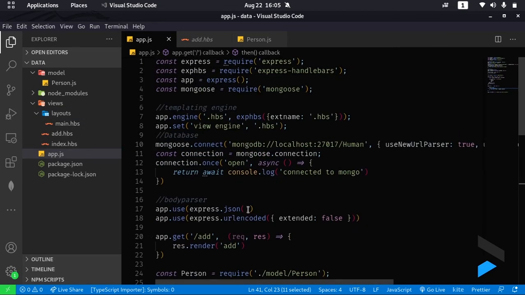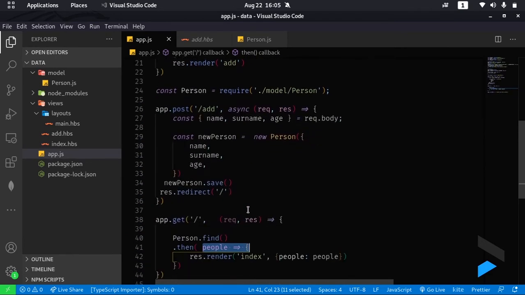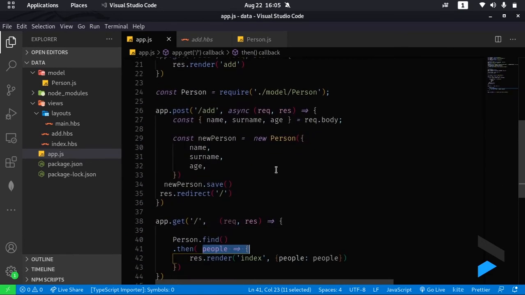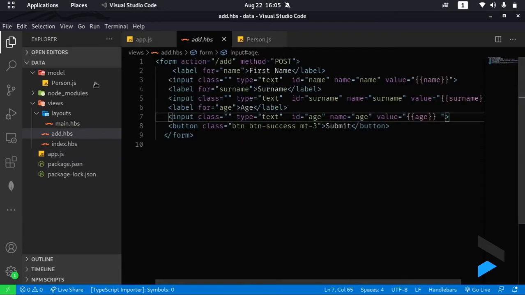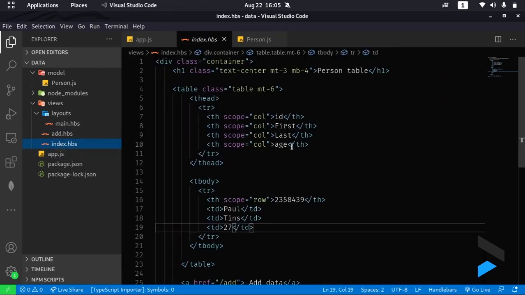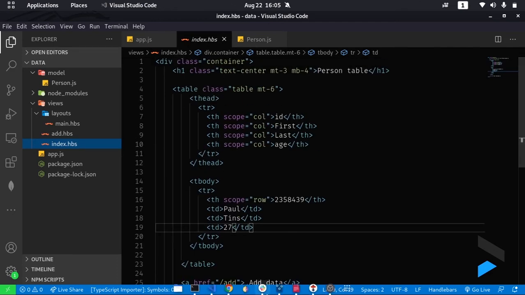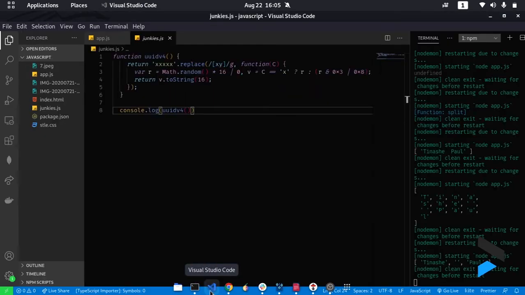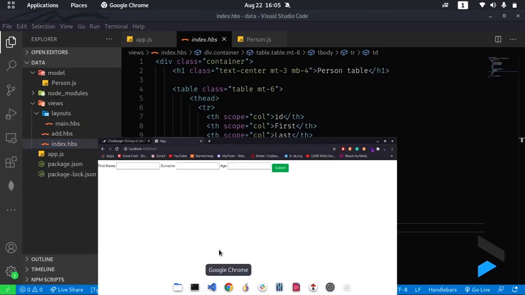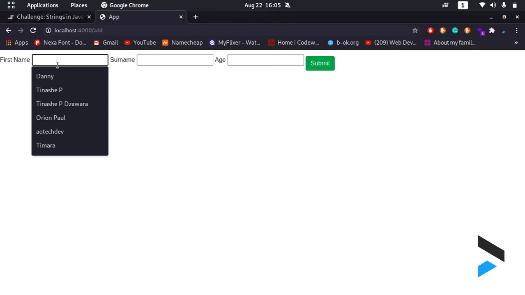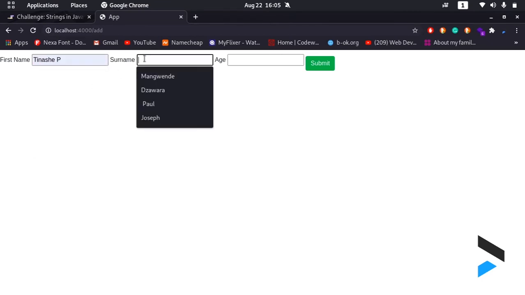So what I'm going to show you is how to render. And what is the problem? The problem is, if I come into this index, this is where I'm going to collect the data from the database. So what I'm going to do is add data from the form. Let me try to create. I'm going to add my name, Tinashe, and this is my surname, and this is the age. So I'm going to submit,